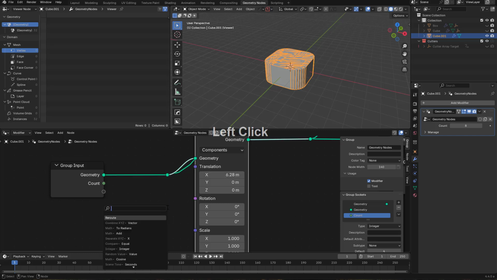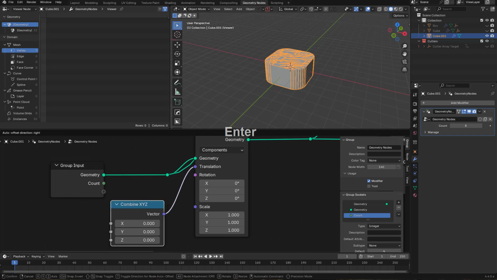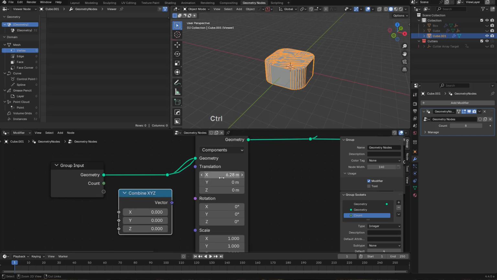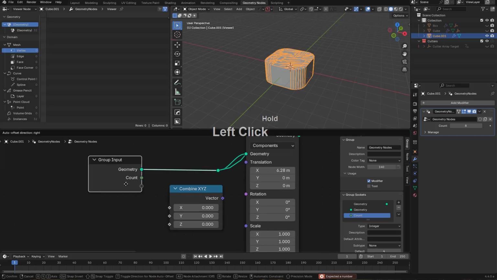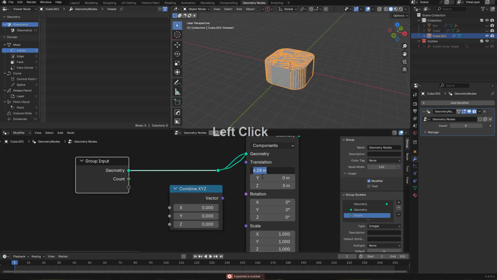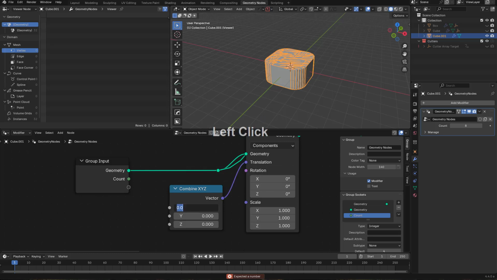Well, I want our radius to be based off of what we did to this x factor. So let us combine. It's 6.2. Let's just put it at 6. We'll go at 6 today, and we'll connect it here, and it'll reset it to 0 because